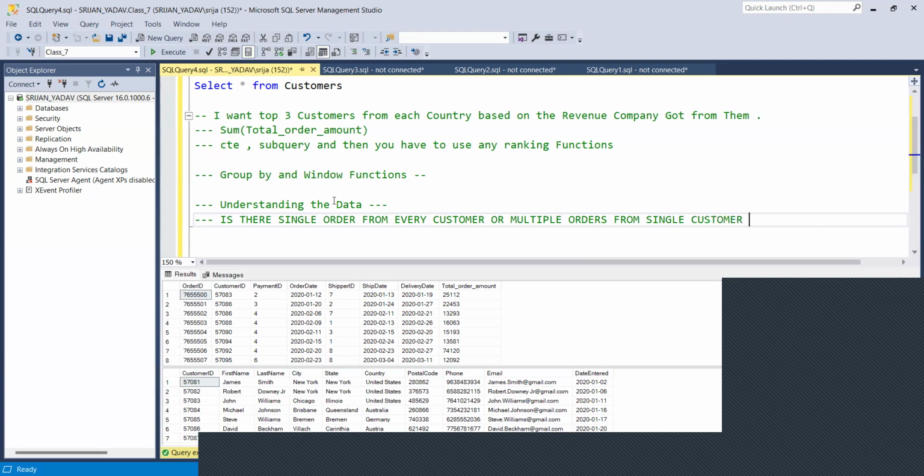Tell me, what is the answer of this? So this is the question that you have to first ask yourself. Is there a single order for every customer? For example, if there is Pragya or if there is Durgesh, is there only a single order, or